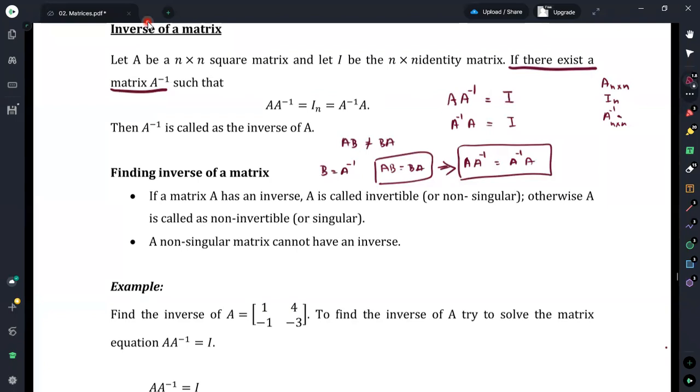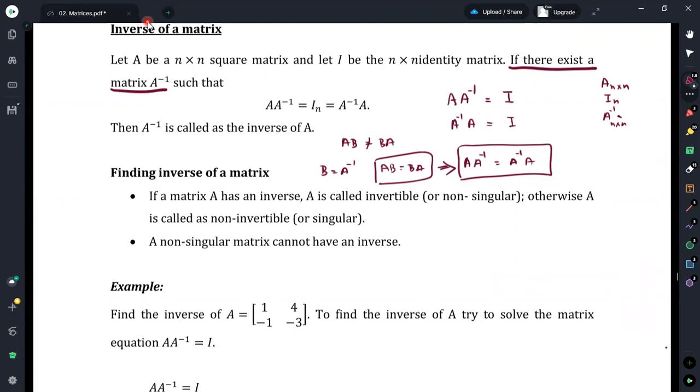And when we are going to identify the inverse of a matrix, first we need to check whether the inverse exists or not. Therefore, there are some matrices which have an inverse, and there are some others which do not have an inverse. Prior to obtaining the inverse of a matrix, first we need to check whether the inverse exists or not. To check this, we can simply use the technique that we have learned, the determinant of a matrix.